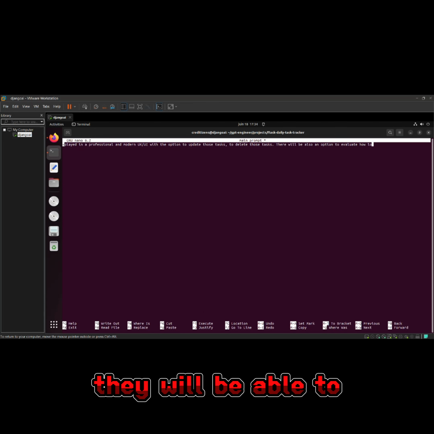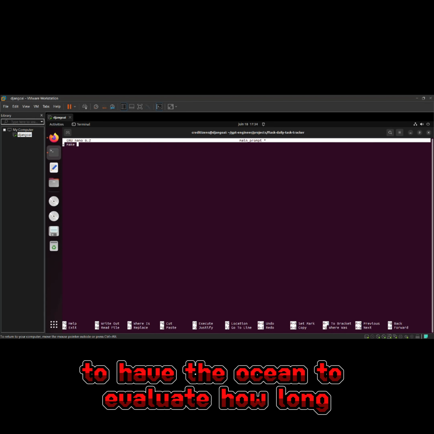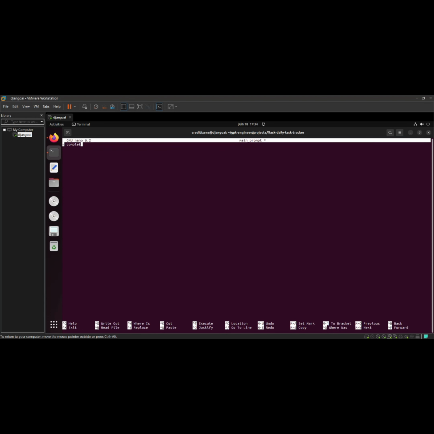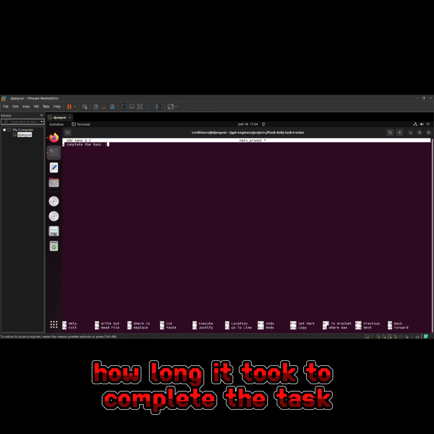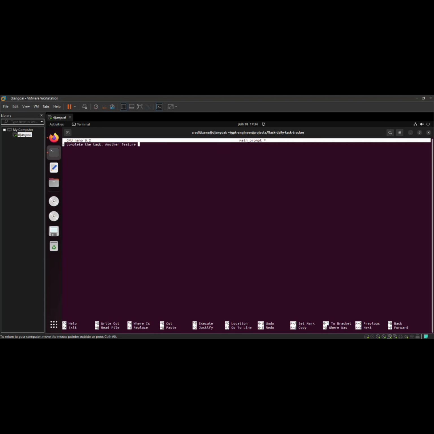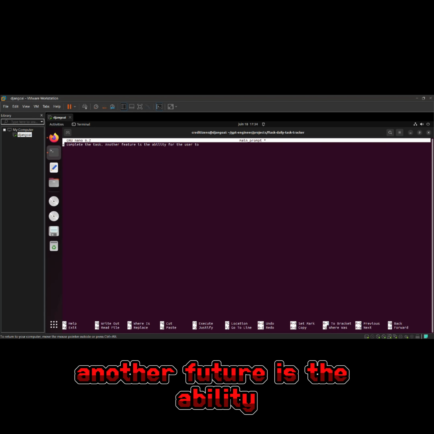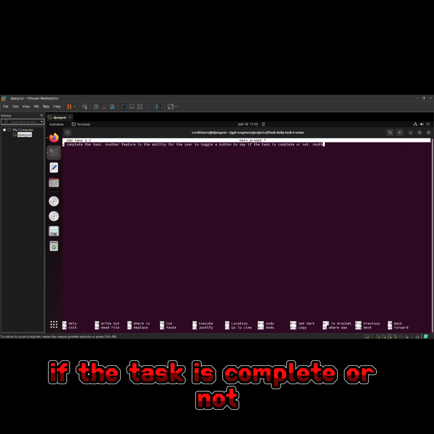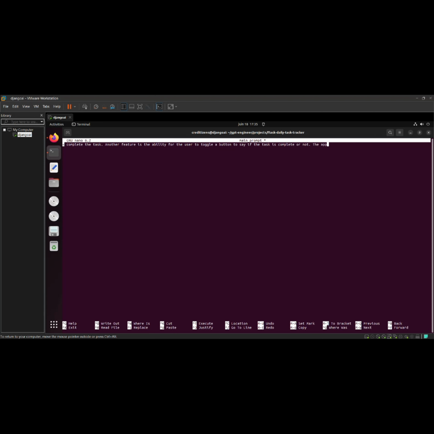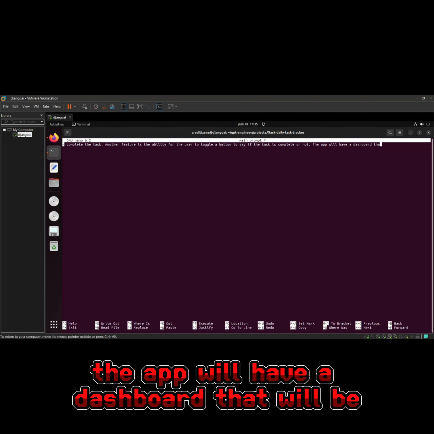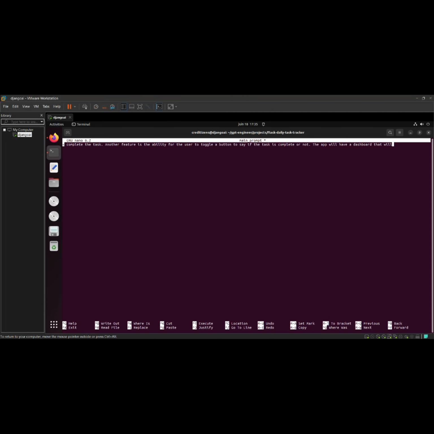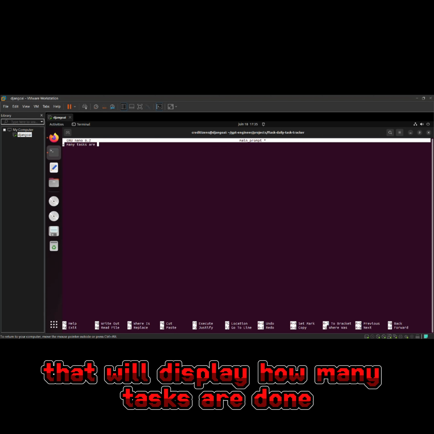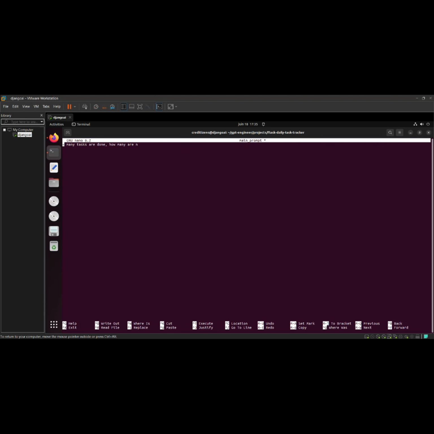They will be able also to have the option to evaluate how long it took to complete the task. Another feature is the ability for the user to toggle a button and say if the task is complete or not. The app will have a dashboard that will display how many tasks are done, how many are not,